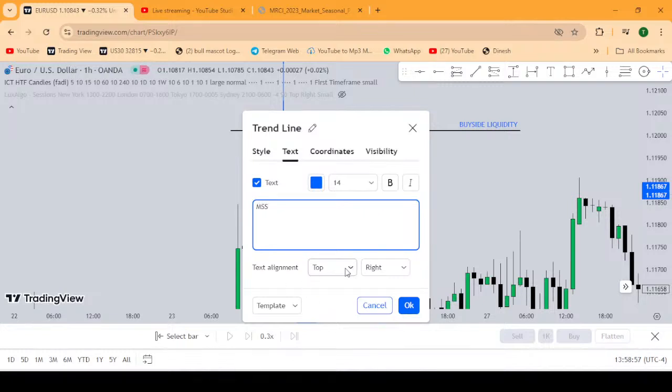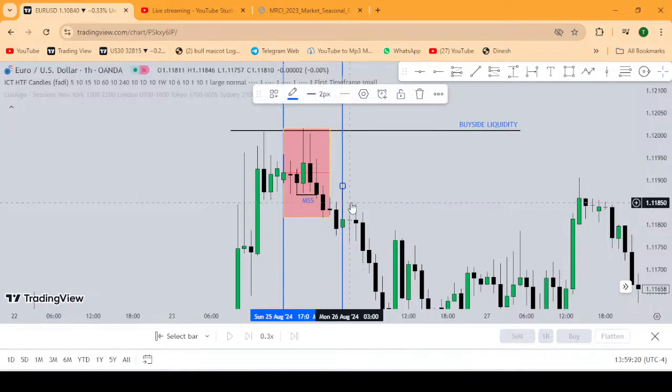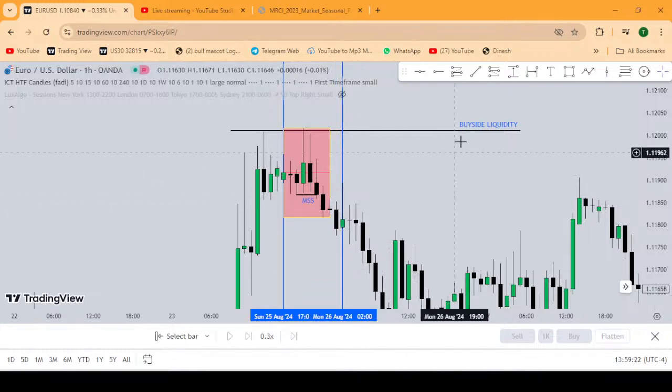When the market structure shift happened to the bottom, we ask ourselves, we want to take the trade at 2 a.m. New York time, which is London time. London time in Uganda is 9 a.m. In New York it's 2. When it clocks 2 a.m. in New York, in Uganda it's 9. I'm looking for opportunities where on the PDRA it is the same schematic. When price reacts here, it's the same as the market structure shift, right? Low, high,